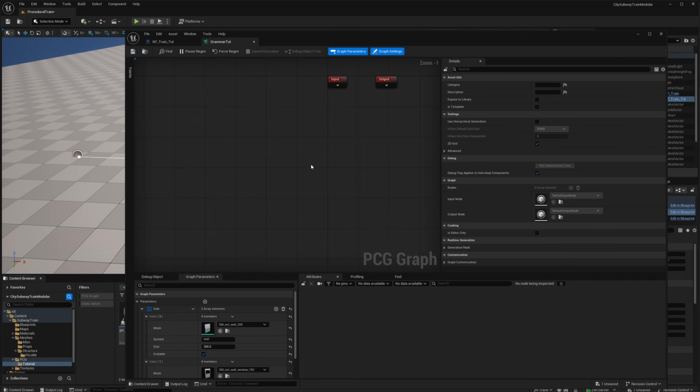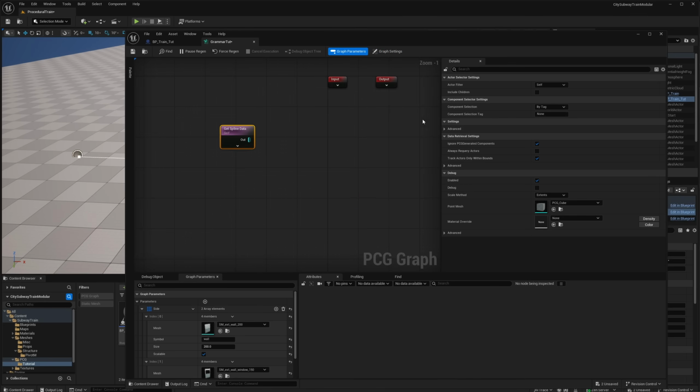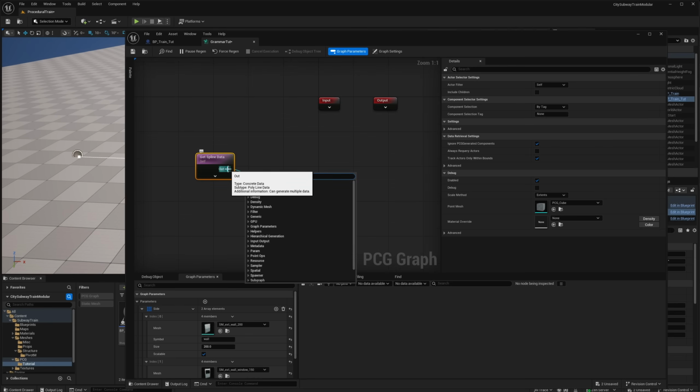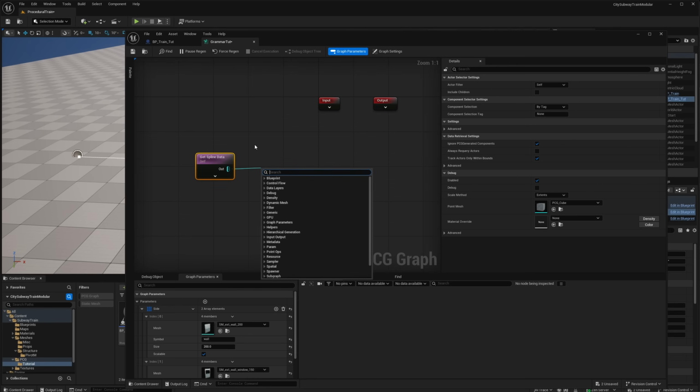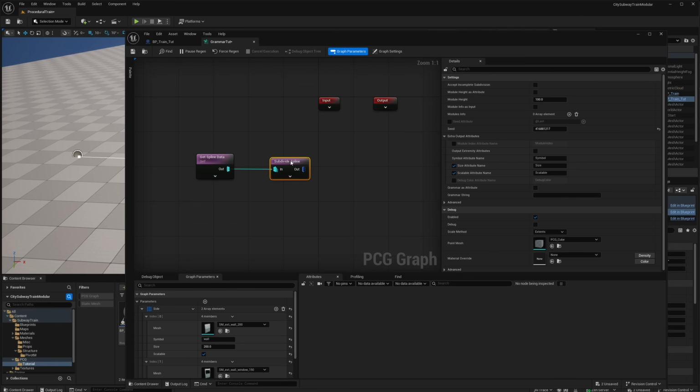So let's open the PCG graph. Let's right click, get spline data, and our spline data will be filtered from our actor, the self actor, which means the blueprint that we use this PCG graph in. So let's drag out of this out pin and create subdivide spline node. And this subdivide spline is what is used to apply the shape grammar rules. So we need to have some modules. So let's go into